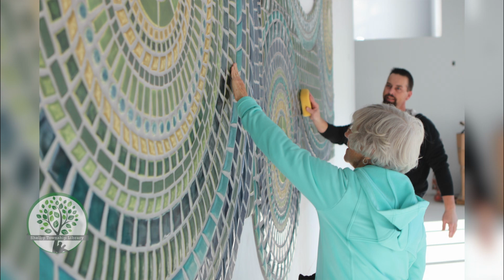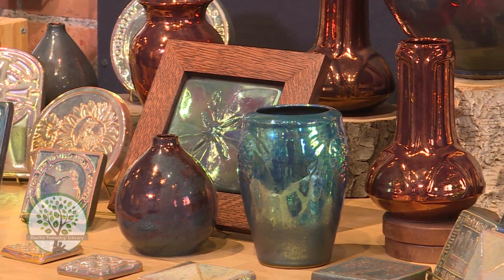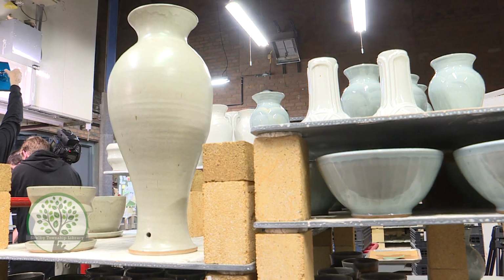It's unique. It's a one-of-a-kind, custom-made mural, and it's because we feel that the library is an important part of our community. When you look at Pewabic pottery, we go back to the early 1900s, so you'll see Pewabic tile kind of throughout Southeast Michigan. You'll see Pewabic tile in the Guardian Building downtown Detroit, the DIA, the Detroit Public Library, and that's continued right up to